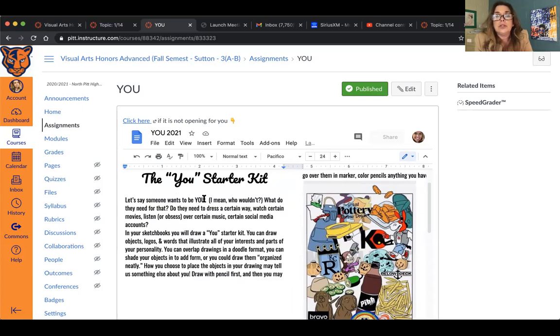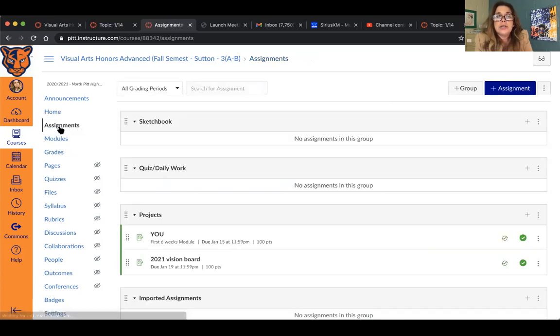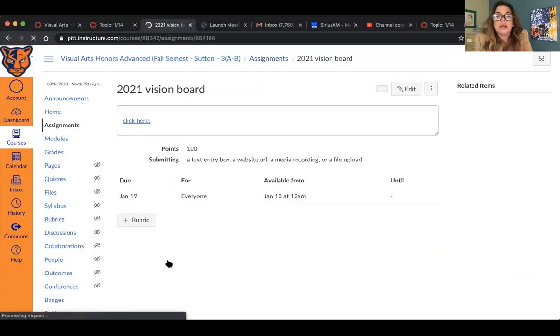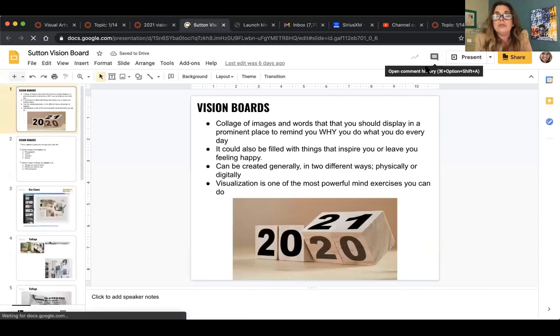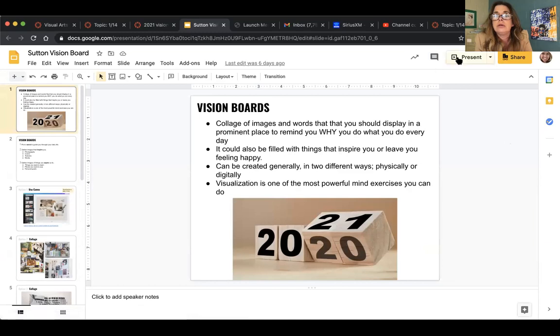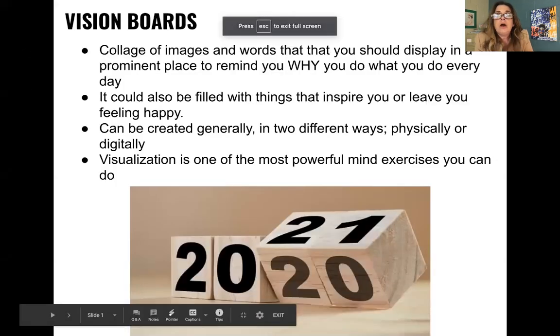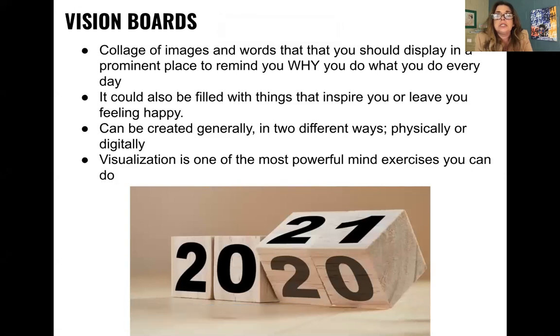So you have this U starter kit that you're working on. And then yesterday, I told you kind of about this 2020 vision board that you're going to make for yourself. And I'm going to go over this again. And I've kind of been working on my own today, actually. So I can show you that. So a vision board typically, historically, is a collage of images and words that you would display somewhere, in your room, or, here I might have one in my office. I might have one in my room,